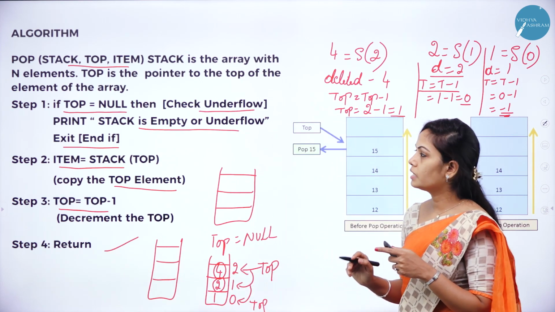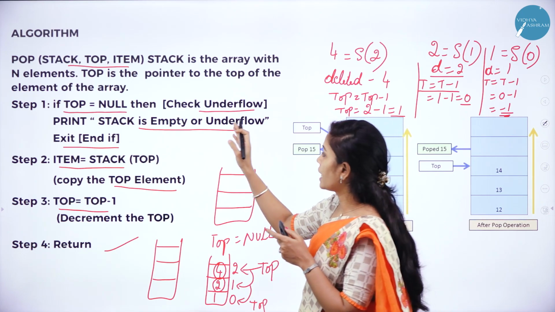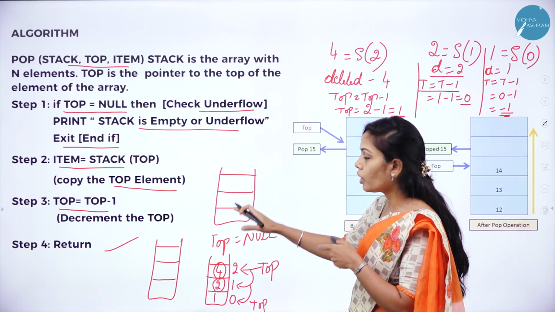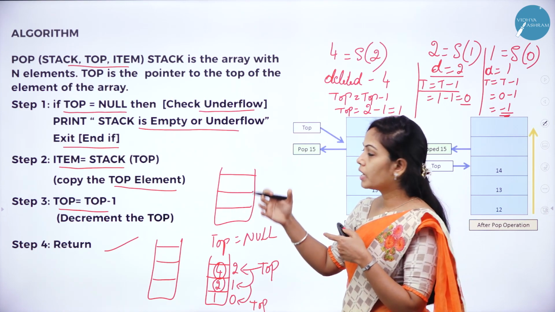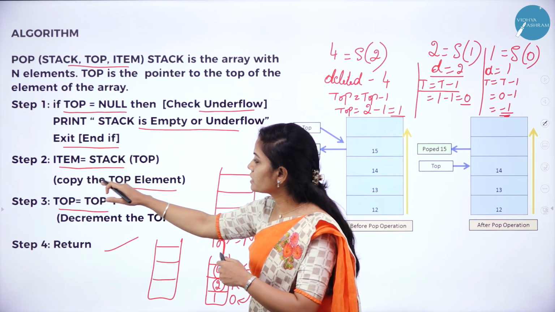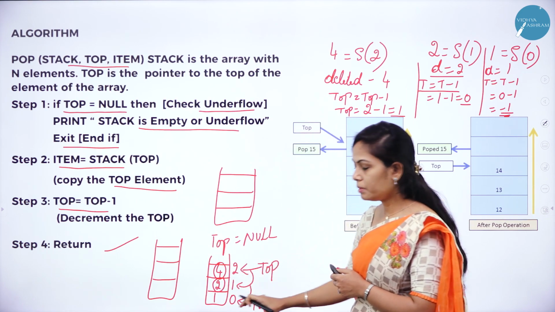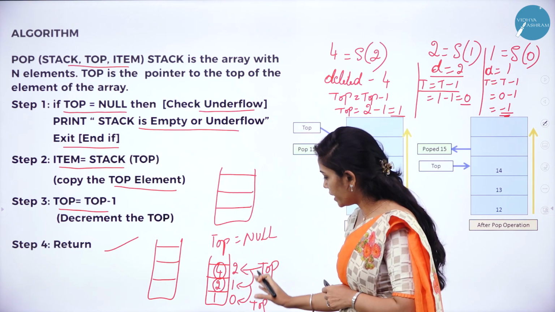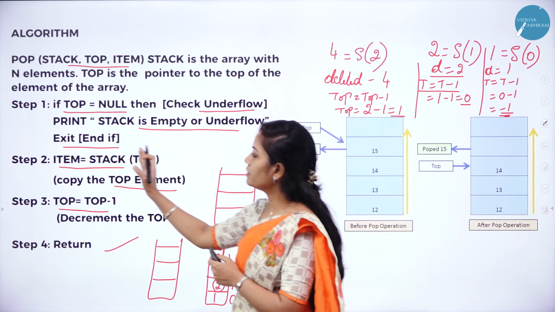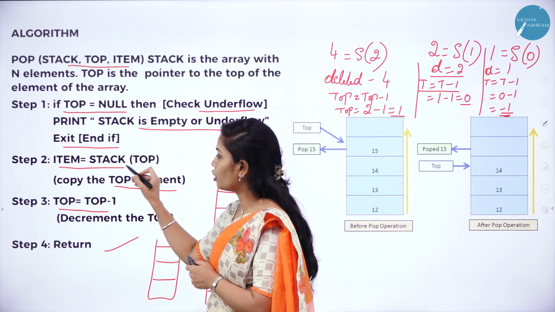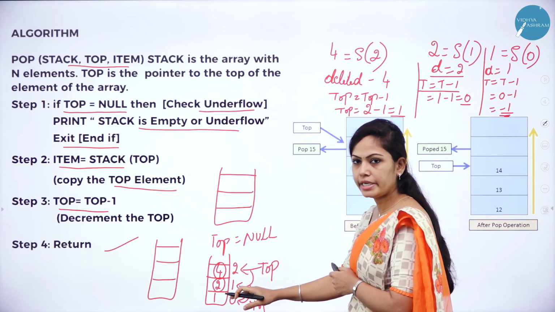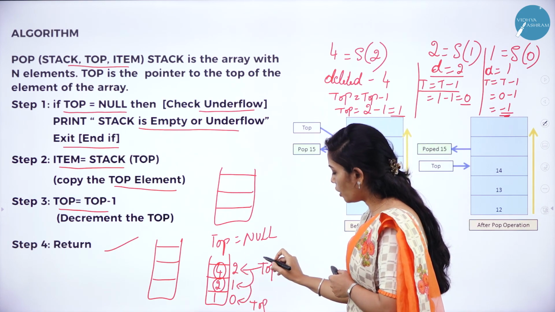So, very simple concept. First, you need to check whether the stack is empty or underflow. Stack empty means there is no item for deleting. And in the second step, item = stack[top]. Take one example problem, and easily you can find the algorithm. Here I have taken one example problem for checking the condition item = stack[top]. The index values start from 0, 1, 2, and the top of the stack is